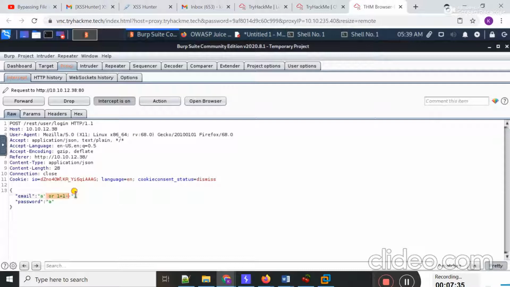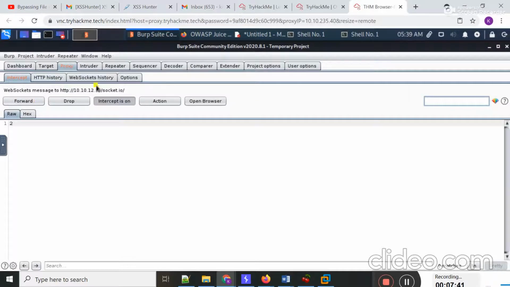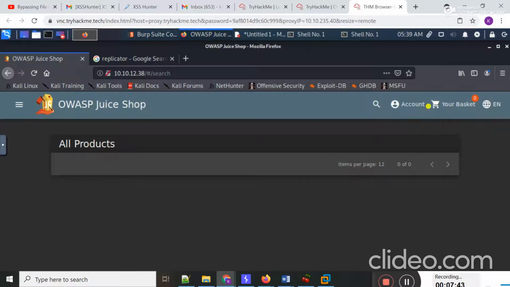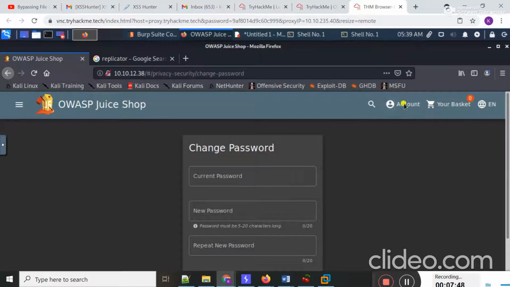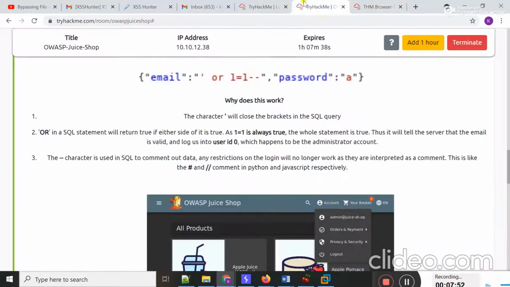You can see I've successfully pasted the payload here, and now if I forward it and move to my browser, you can see I'm successfully logged into the administrator account. This is the admin account.